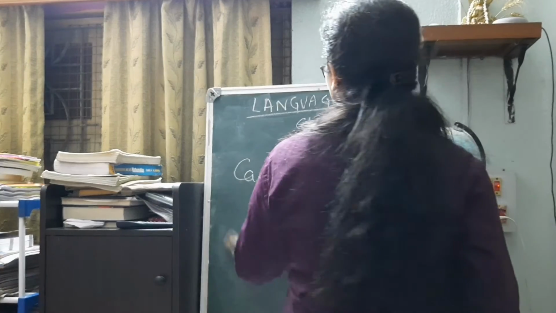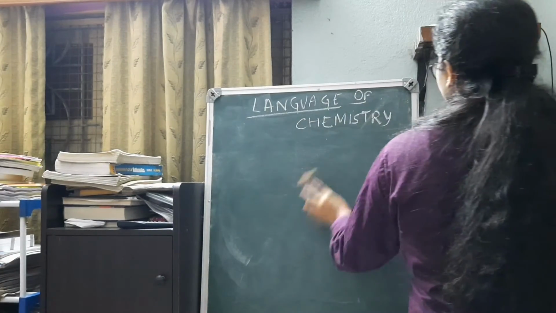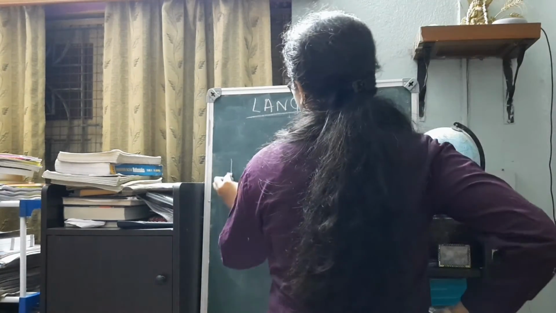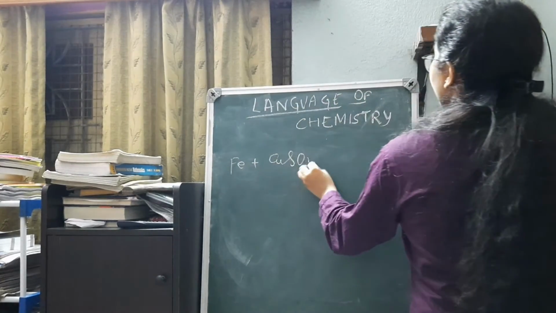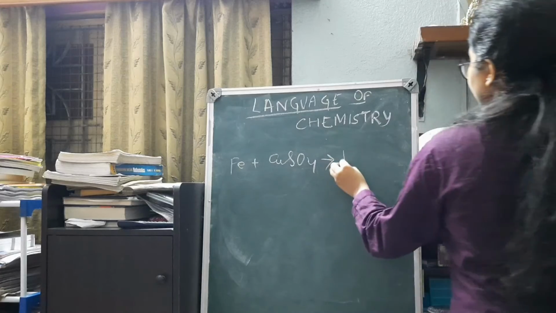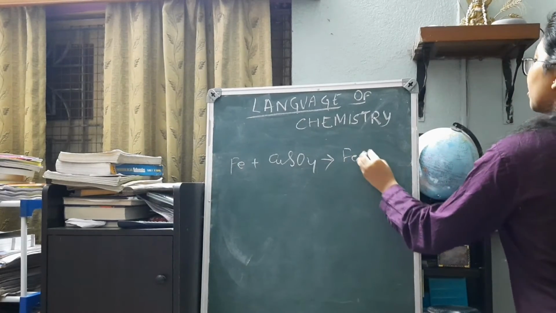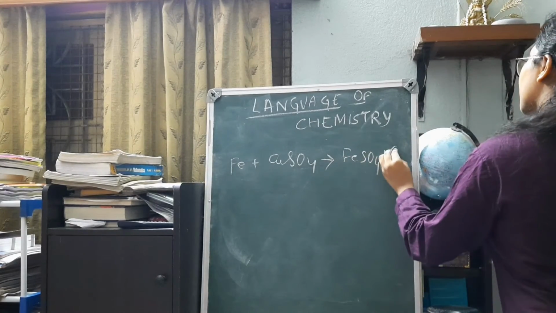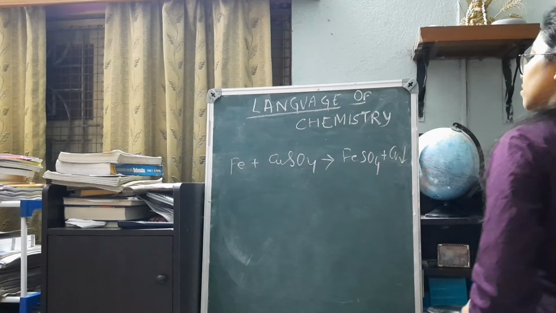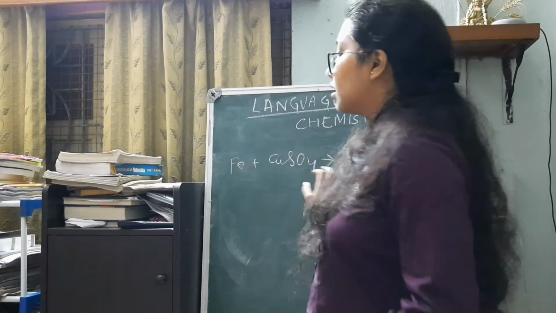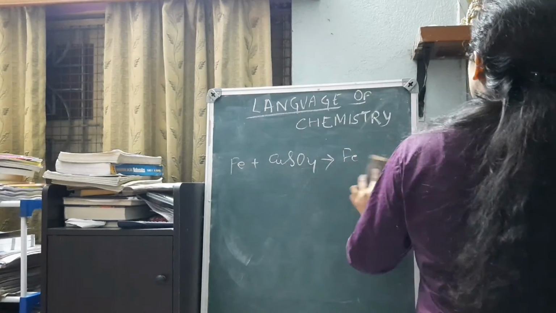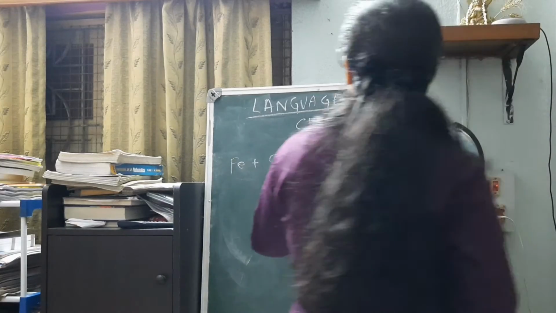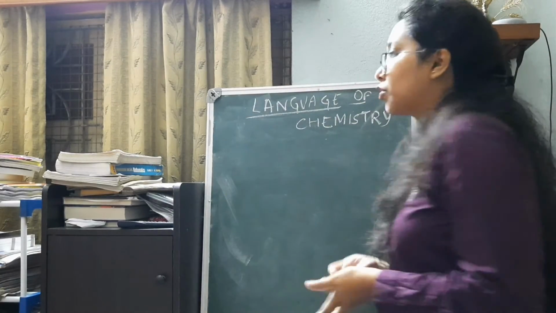Next case, two reactants, two products. It may be asked for you to show it. Let's see. Fe plus CuSO4 forming FeSO4 plus Cu. It is a displacement equation, two reactants, two products. Then we have several other cases in this way. You can find these examples in your textbook, so you can just go through them.